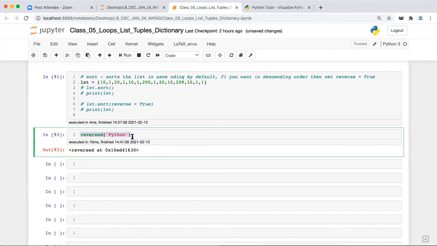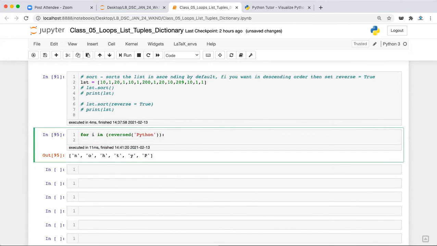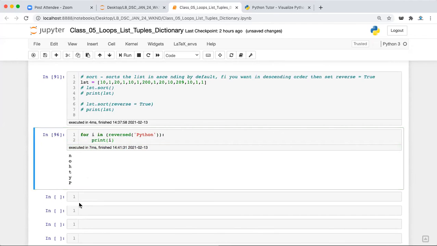And to get these elements, what you have to do, let me apply the str function. First of all, this is not going to work. So you have to apply either the list function, so you will get it in this order, or you can run a loop over it, for i in this, and then print i. So it will get printed in this order. Basically, this is an iterable object. The reverse function returns an iterable object. So you can either run the loop over it, or you can apply the list function, and then you will get a list of objects.